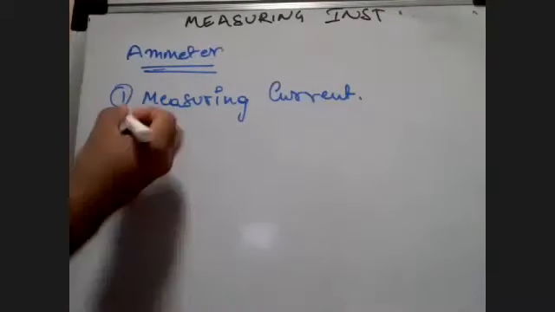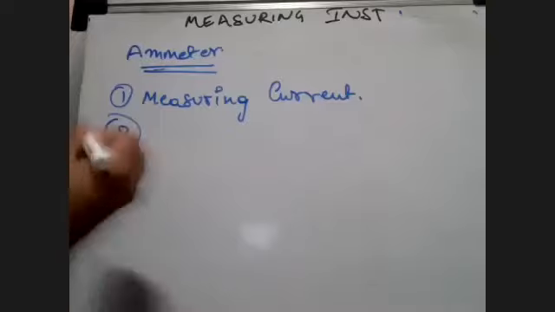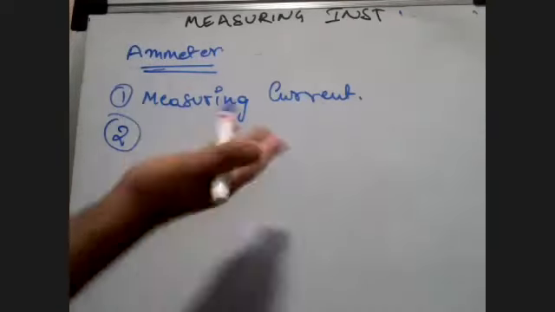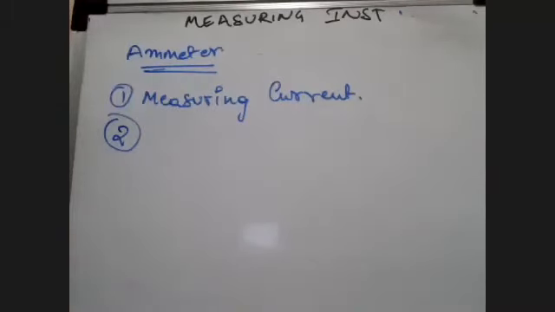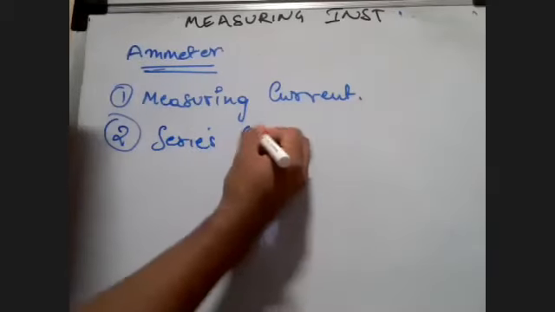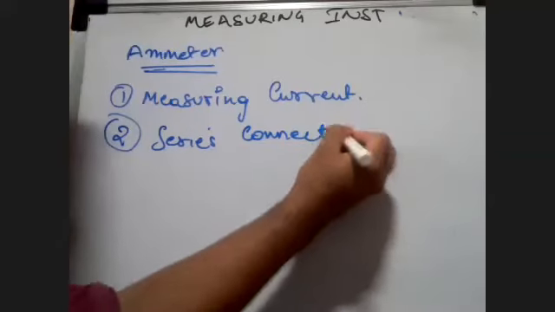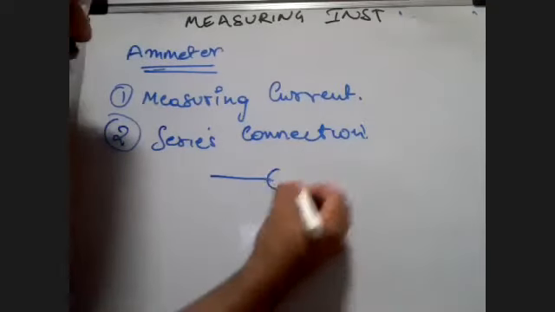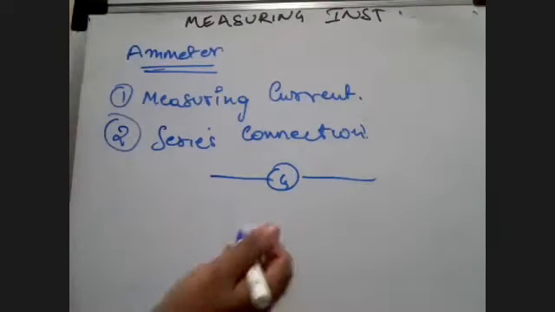The second thing you need to know, please keep this in your mind. If one thing is in your mind, the other you will always understand. If the ammeter is in series, the voltmeter will be parallel. So keep one thing in mind: an ammeter always has a series connection. But right now there is no device called an ammeter. It's basically a galvanometer, so you have to convert a galvanometer into an ammeter.